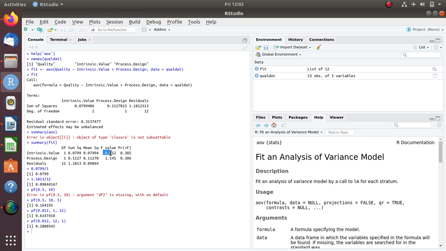Anyway, this is the p-value for this F value, this is the p-value for this F value, this is the F value for intrinsic value. Now what are all these F values and p-values? As I said, don't look at the F value, just go straight to the p-value. If this value is greater than 0.05, which is the threshold value, in all circumstances we use this 5% significance level, so we can straight away come to a decision that we are not